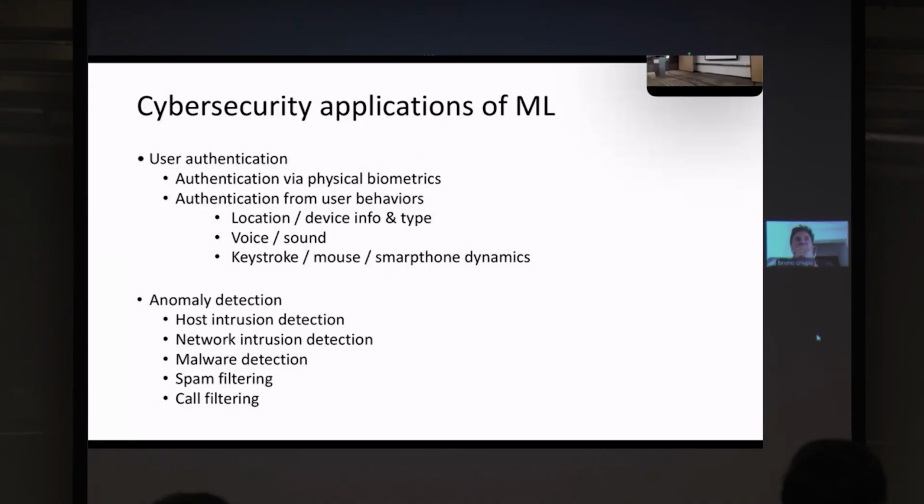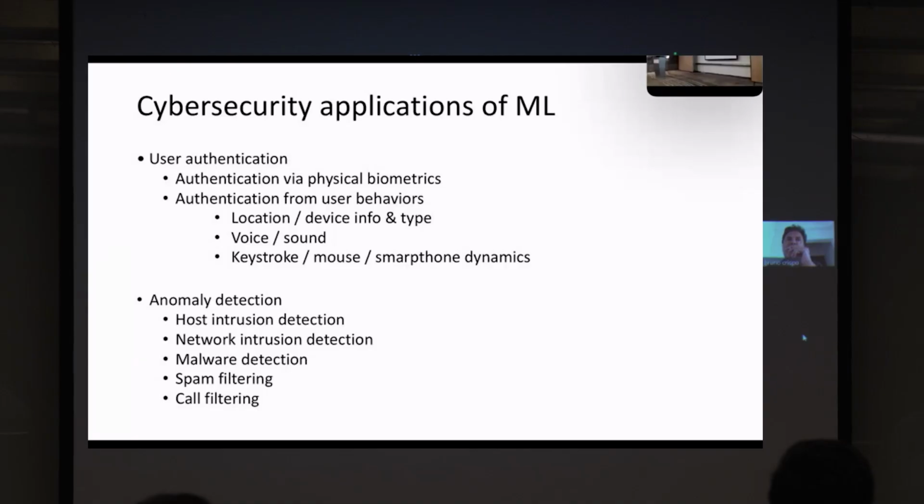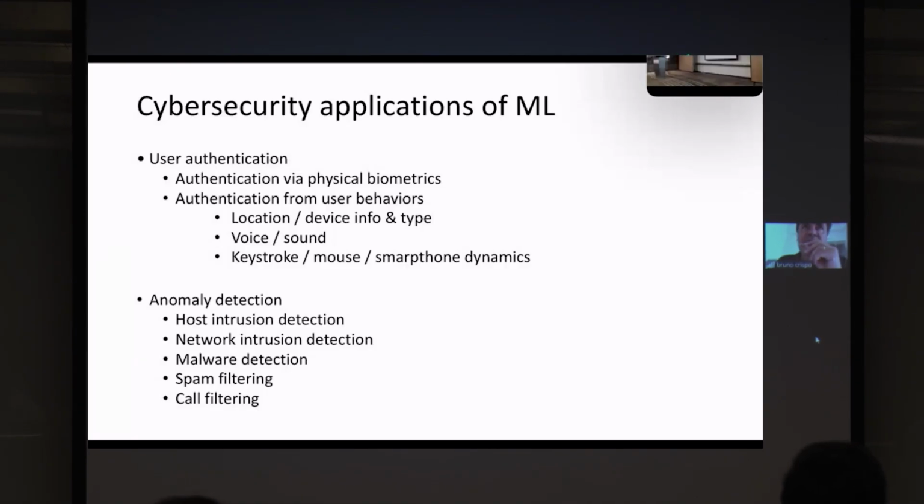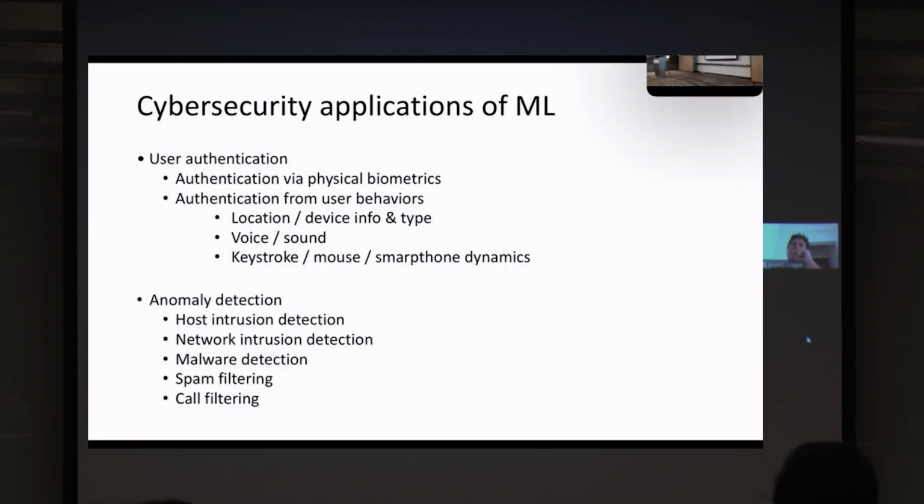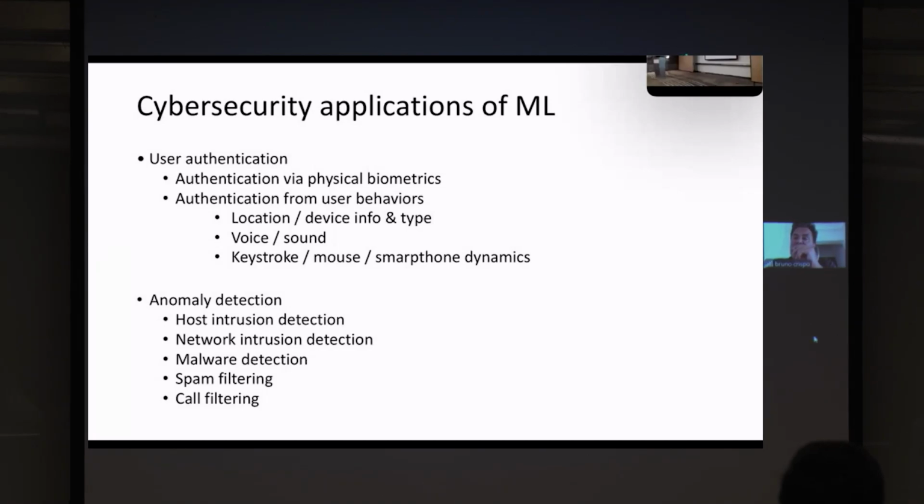But when for user authentication, you use biometrics, physiological, so you identify the correct user based on the fingerprint or the voice or the retina, or more recently with behavioral biometrics, where you try to profile the user based on how he behaves, how he types on the keystroke, how he moves the mouse, how he interacts with the smartphones. So that is then